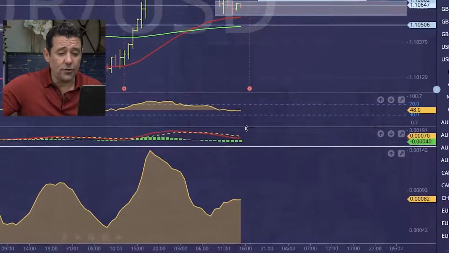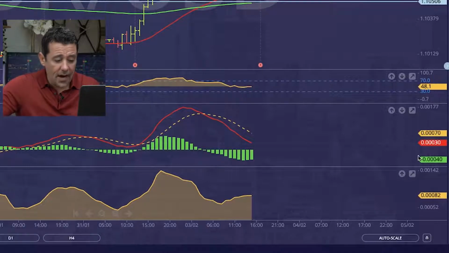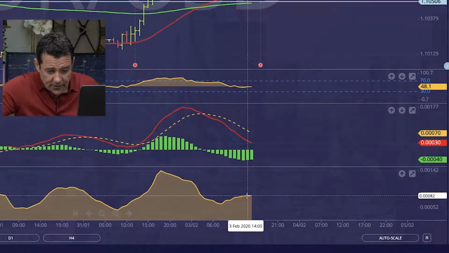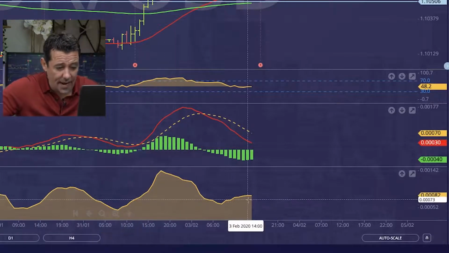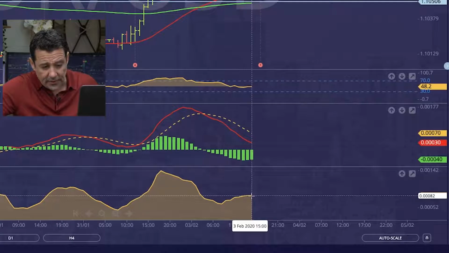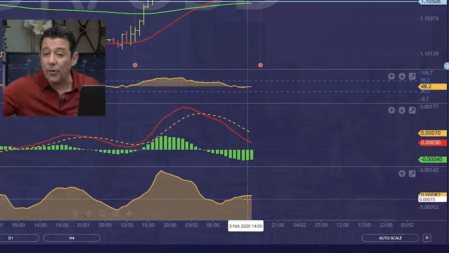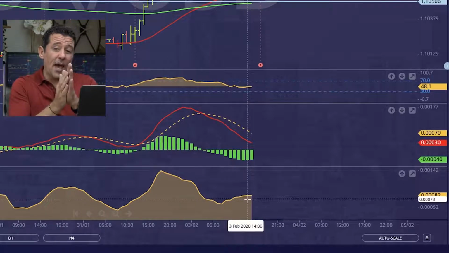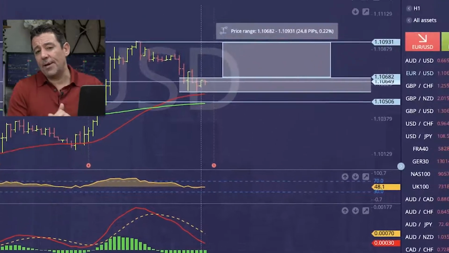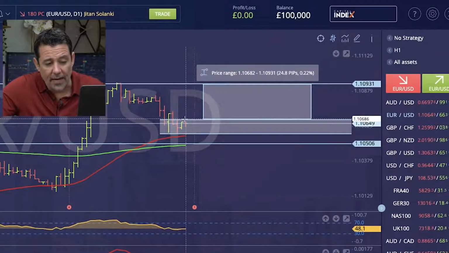We've got the average true range. If I now change my mouse to crosshair, I can see what the range of this currency is, and you can see that the range of the euro dollar right now is about 8 pips. So if you look on that, it's 0.008, so that's 8 pips of movement. That's what we expect this to move around. That means that my stop loss needs to be a buffer of at least 8 pips away from my entry price. So if my entry was, for example, at